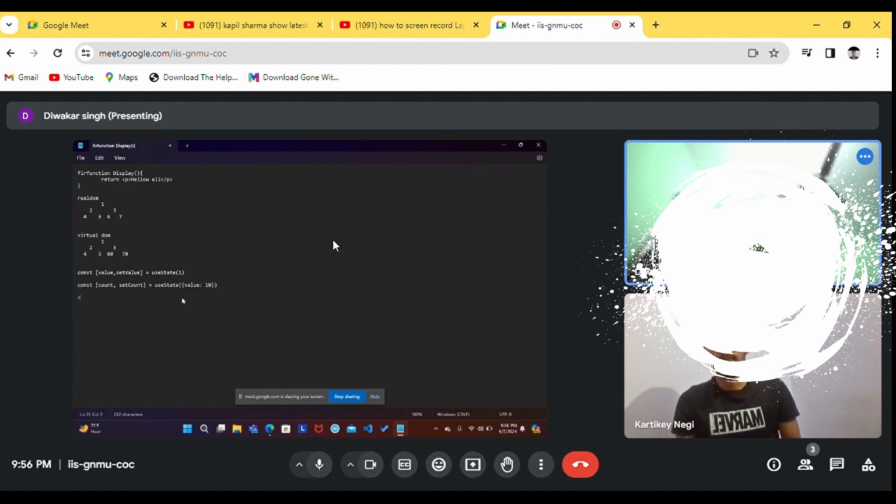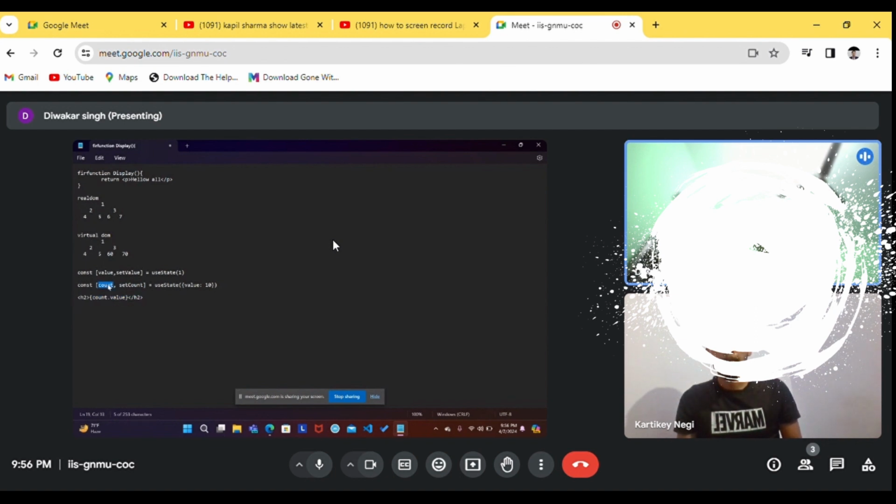Suppose I have used this state over here, like in an h2, and over here I have used the count dot value in my HTML. So whenever I use the setter to modify the value of my count variable, I will see that the value also gets modified in this tag.